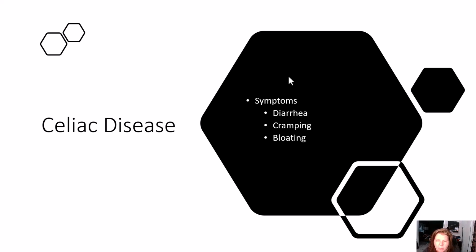Now, we've been talking about gluten here. One thing I probably need to mention is that we do have other conditions that are related to gluten being an issue. It's called gluten intolerance. Gluten intolerance is where an individual consumes gluten and they experience very similar symptoms like diarrhea, cramping, and bloating. But the big difference between gluten intolerance